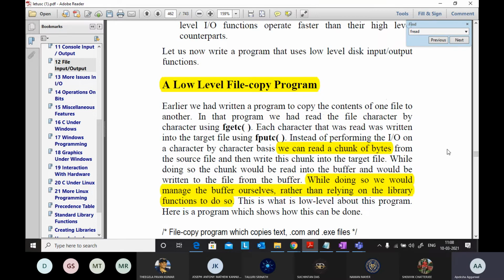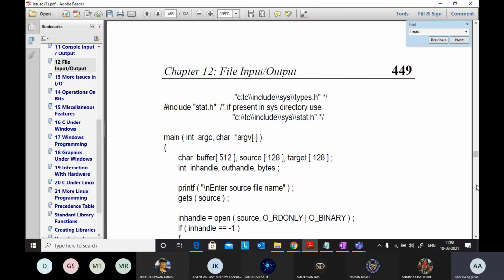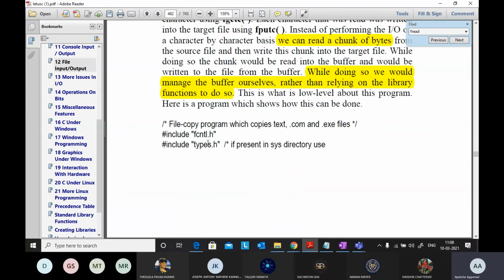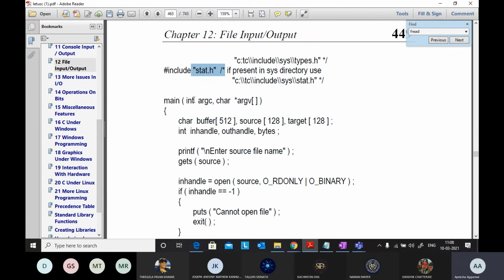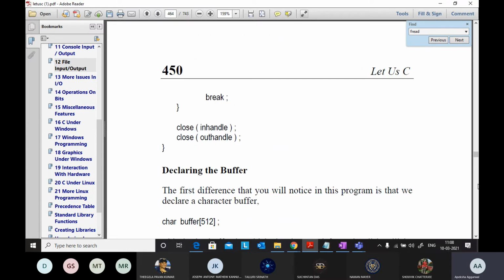How you do this is explained further. Here comes your stat.h, fcntl.h, types.h that you have used in your programming till now. Now let's look at ARGC and ARGV. Do I need to explain this one, or is it okay? Then we'll move ahead.